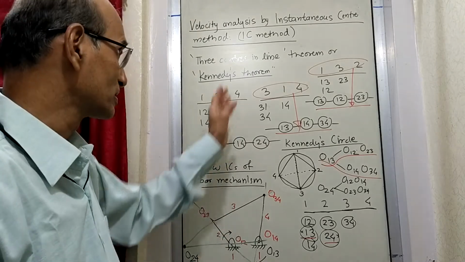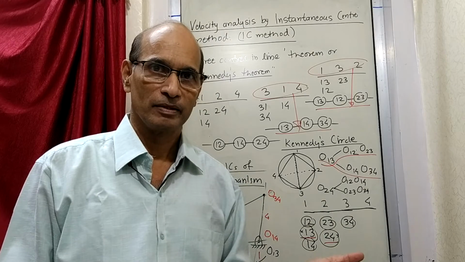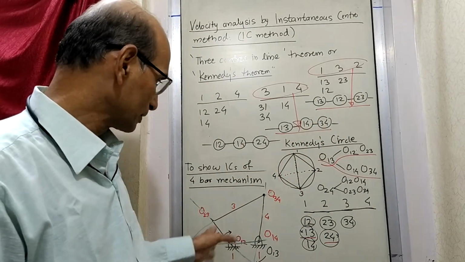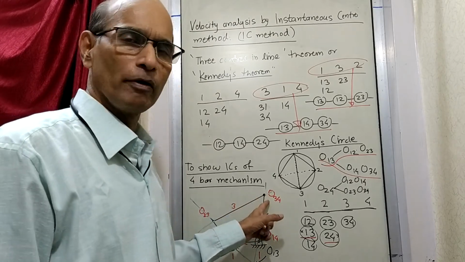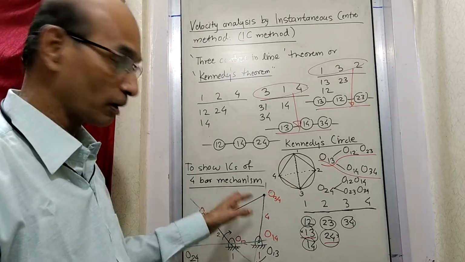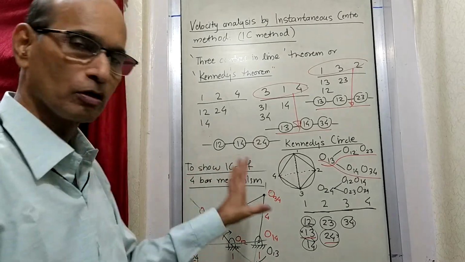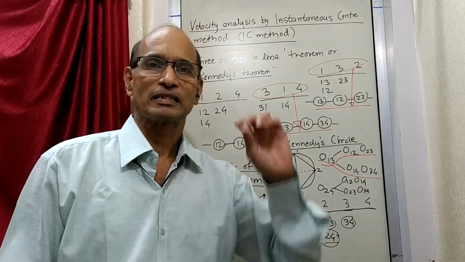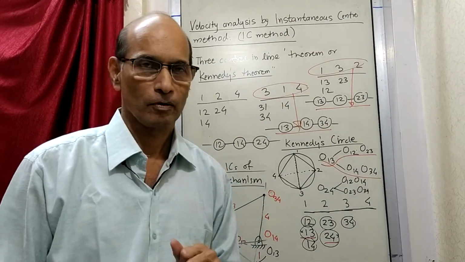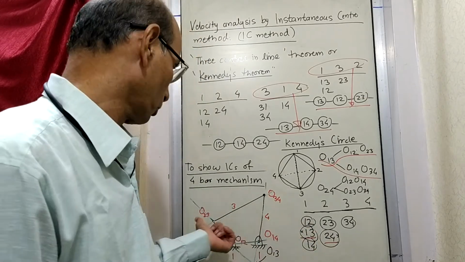So that means these instantaneous centers, first of all, are at that instant. They will change after some time. In some cases, it doesn't change, like O12. O12 will not change. But some other centers are such. Now O34 will not remain here. After some time, it will be somewhere else. O23 also will be somewhere else. But O12 will be here only. O14 will be here only. Similarly, O13 and O24 also will change. So ICs are such that some ICs remain in the same position and some ICs keep changing. Okay, so we have found out the 6 ICs for this particular 4-bar mechanism.